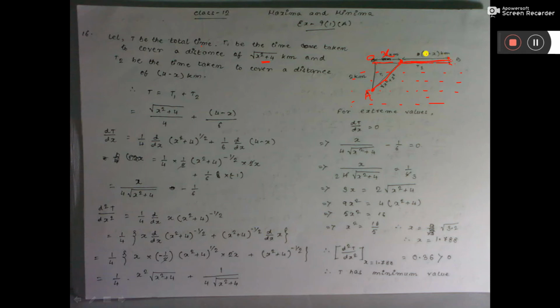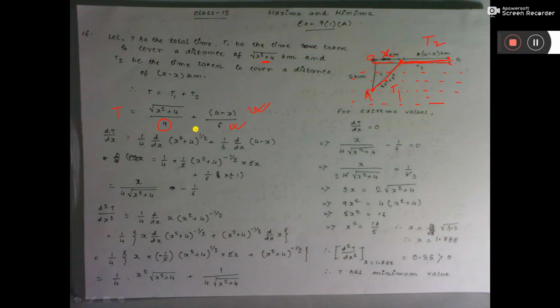Now see, the total time I consider t1 plus t2. That is t. So t1 means, let's say the man is going this distance. Time equals distance by speed. So the distance is this one, which I calculated by Pythagoras theorem. So this is distance by speed, where the speed of the boat is 4 kilometer. And for this distance, 4 minus x, the time I call t2. This is t1 time, this is t2 time. T2 is equal to distance by speed. Distance is 4 minus x and walking speed is 6. In the book it is given. Now see, this is the total time.